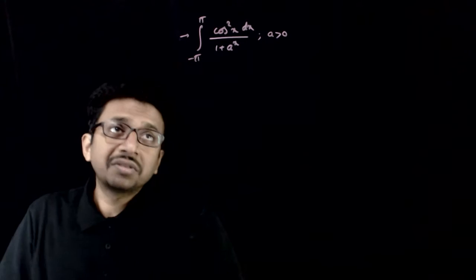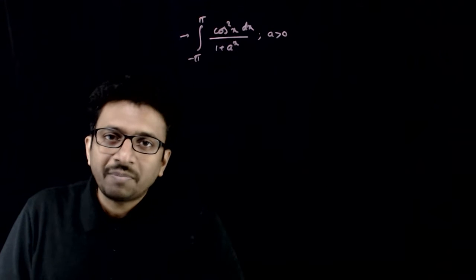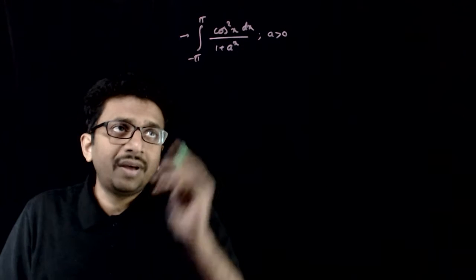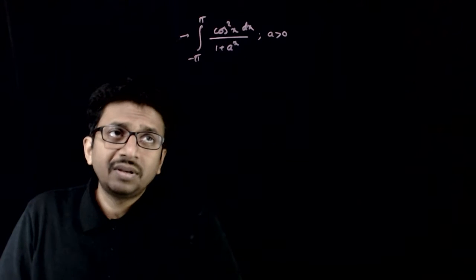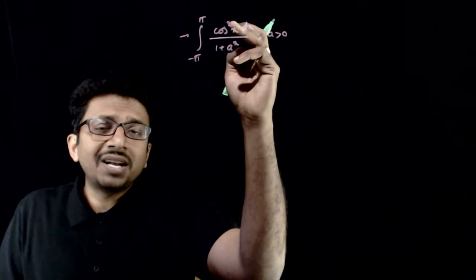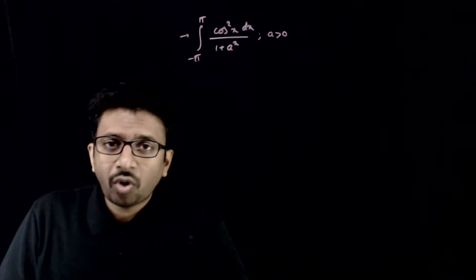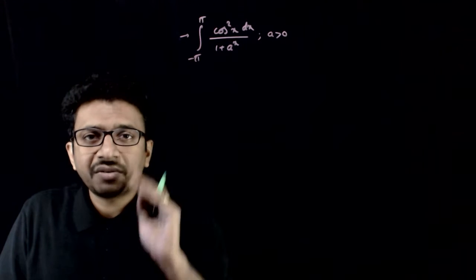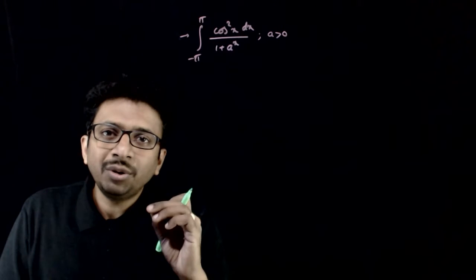So welcome students. In this question you're asked to integrate from minus pi to pi cos square x by 1 plus a power x dx, where a is a positive number. Now, this is an integral which contains a trigonometric function as well as an exponential function. So first, using properties of definite integration, we'll try to convert this expression into a single